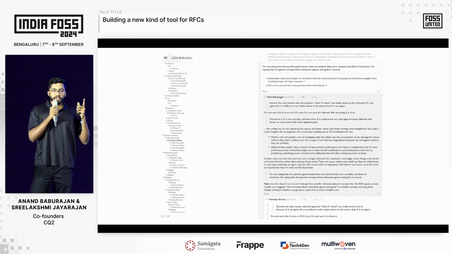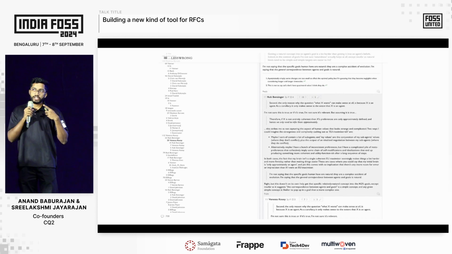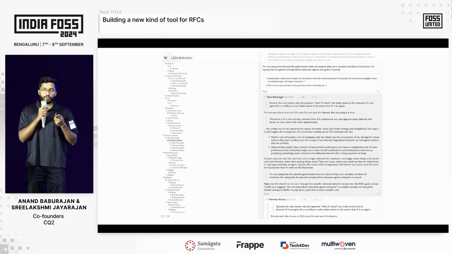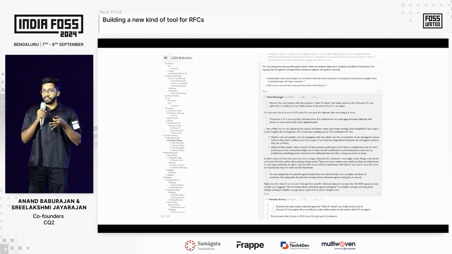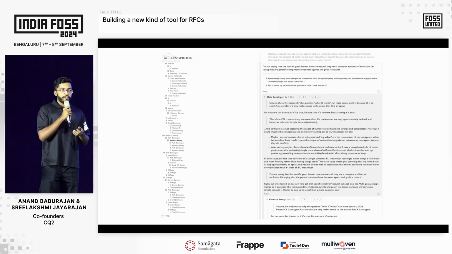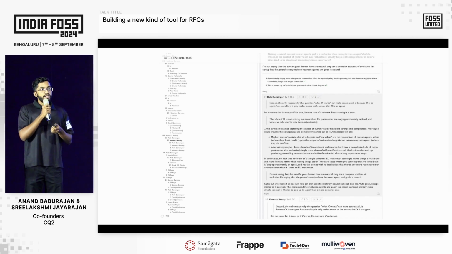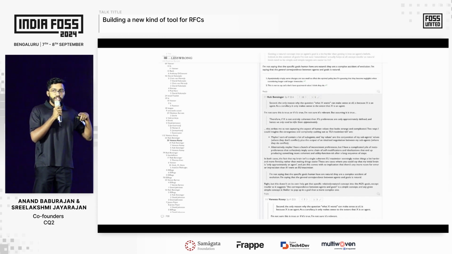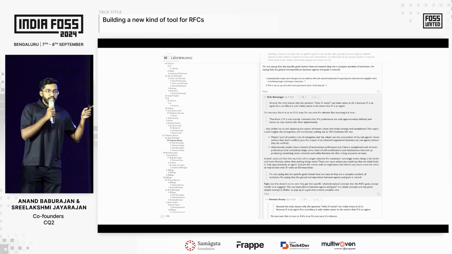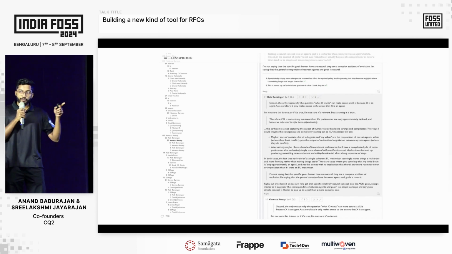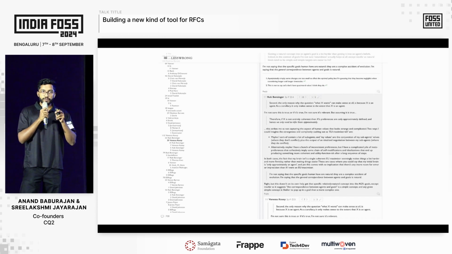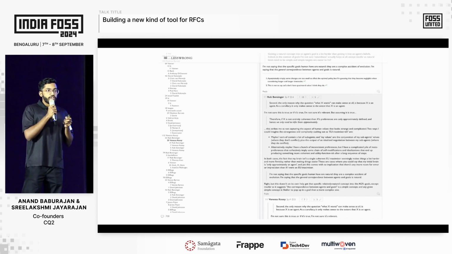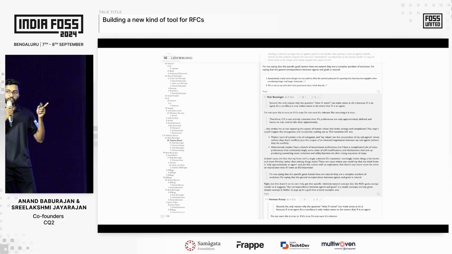I remembered at IndiaFOSS I had met someone who had given a talk related to public policy. So I reached out to him to get his advice on if CQ2 can be used for public policy discussions. He gave his opinions from his experience, and he also shared that the Python community, which is unrelated, has complex technical discussions over their PEPs. It's called their Python Enhancement Proposals. So the Python community has discussions over their PEP documents.